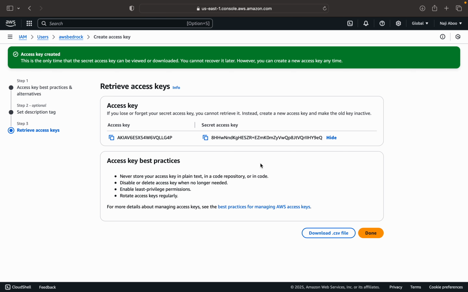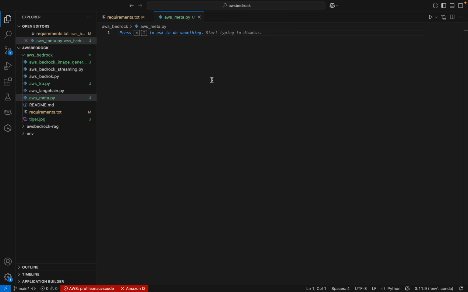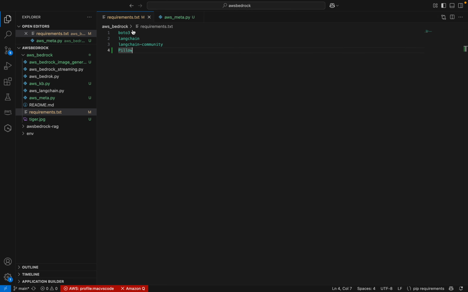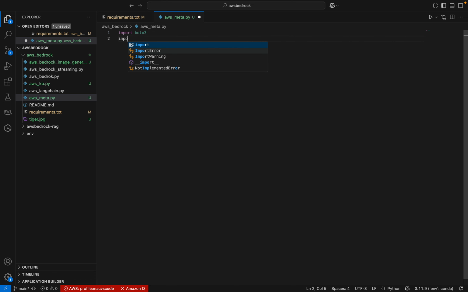system variable. Okay, so the first part is completed, and we have already installed Boto 3. Now our user is ready. The AWS Bedrock permission user is ready. Now we can start coding. Boto 3 has to be imported, and I can import JSON if I need, and I can import the